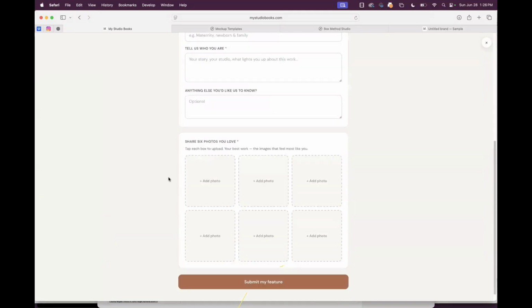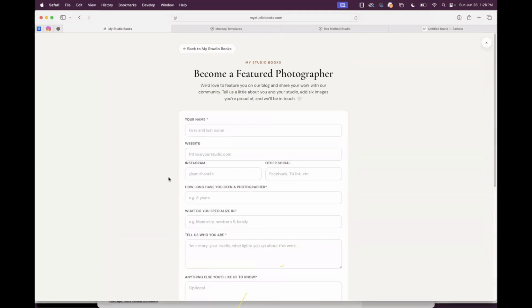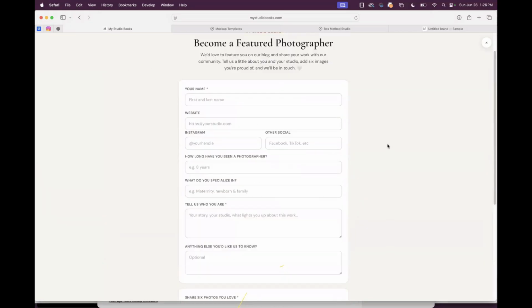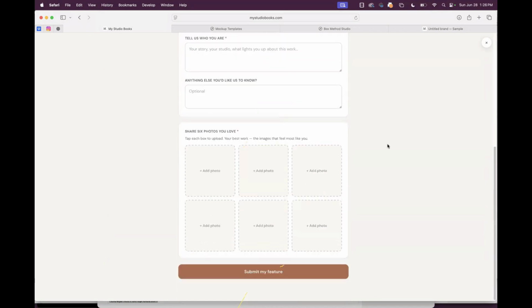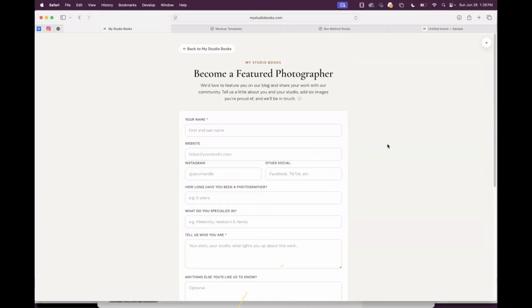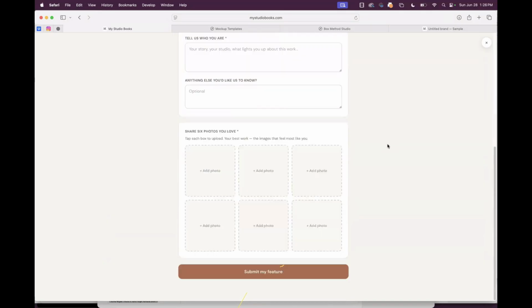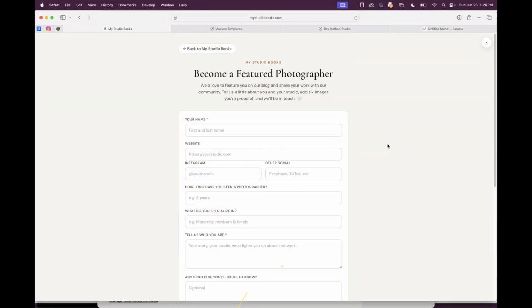This is something new we're going to be doing. You can submit to become a featured photographer. We're not doing that. We're not posting it yet. But if you would like to be a featured photographer, please just fill this out. And then when we're ready and we are out of beta, what we want to do is feature a photographer every single week, showcase your work, link, hopefully send referrals to you. So you can fill this out whether you want to fill it out now or in a month. When we're ready to start posting about featured photographers, we will.